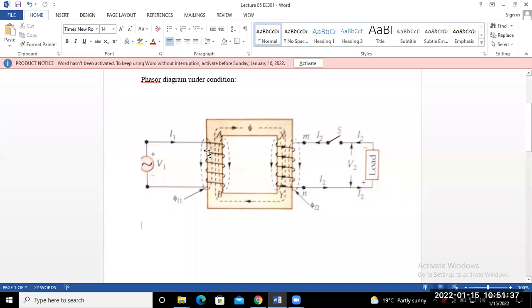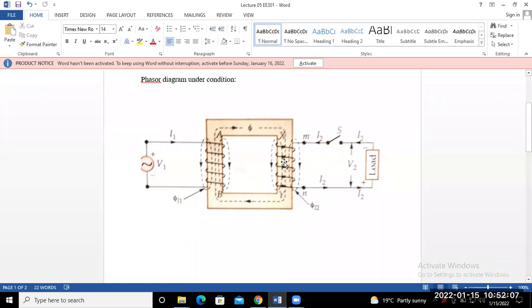The flux induced in the primary coil that does not flow through the magnetic core and link the secondary coil is known as the leakage flux of the primary coil. That flux leaks through the transformer core of the primary coil, and this is similar for the secondary coil. Okay,